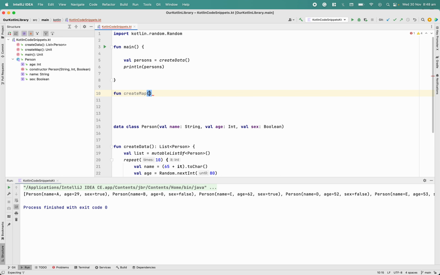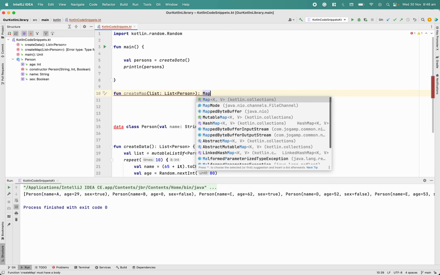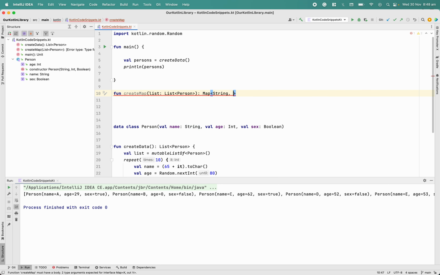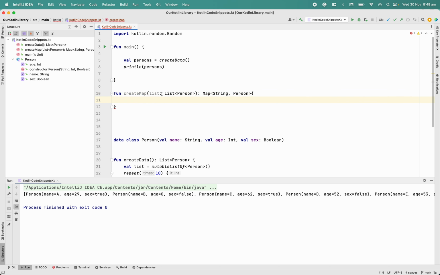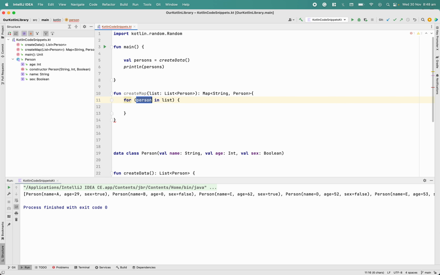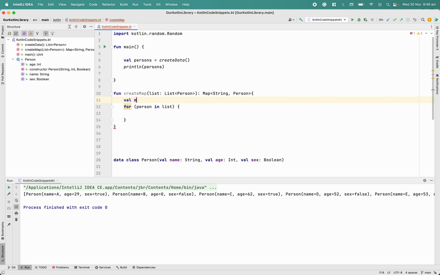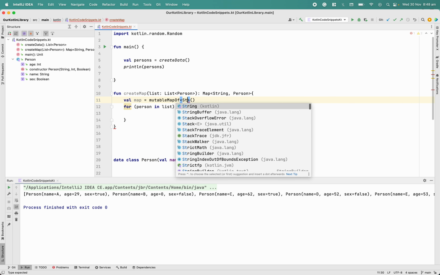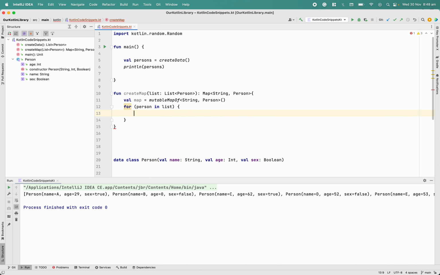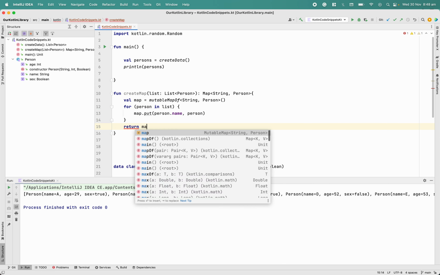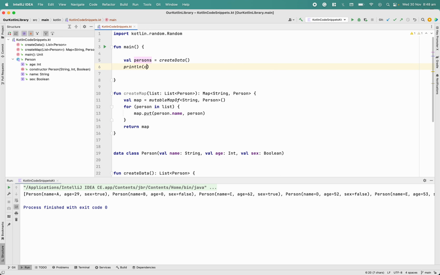Okay, I'm giving a bad name. We can improve it later. And my expectation is to return string and person. So this is mainly what we want to change. Then what I will do is simple: list.for loop, and then I have a person, then I need to create a map which will be a mutable map of string and person. I hope until here everything is pretty straightforward. And I'm saying, okay, person.name and person, this is my requirement, and then return map. So now I think we achieved what we want, create map